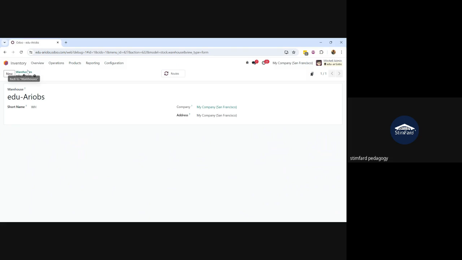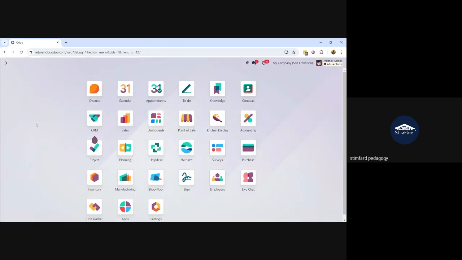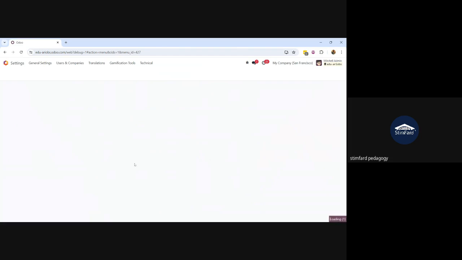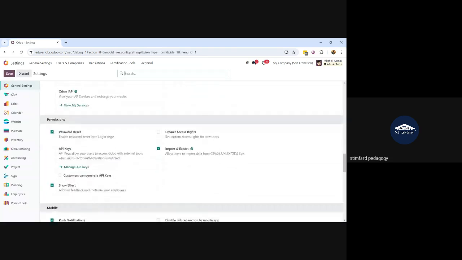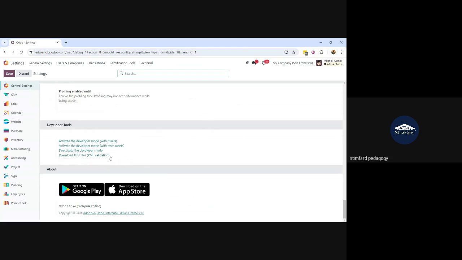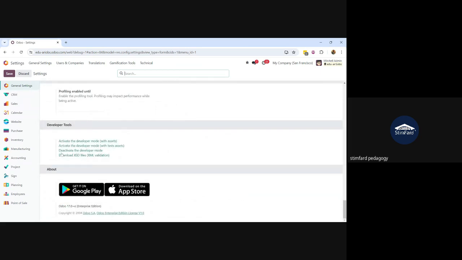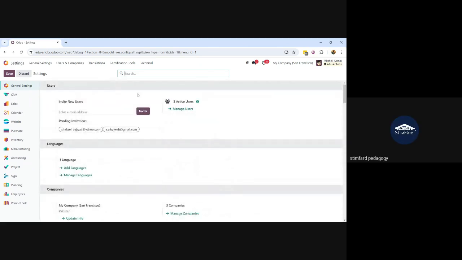Let me see if it works for the online, because normally it works for the Odoo data search. So no, it's not working for the online. It's for the Odoo data search. So it turns on the developer mode automatically. Let me turn on through the settings. Okay, yes. So the developer mode has been turned on by the extension, because you can see here the current option is deactivate the developer mode. It means developer mode has been turned on, but